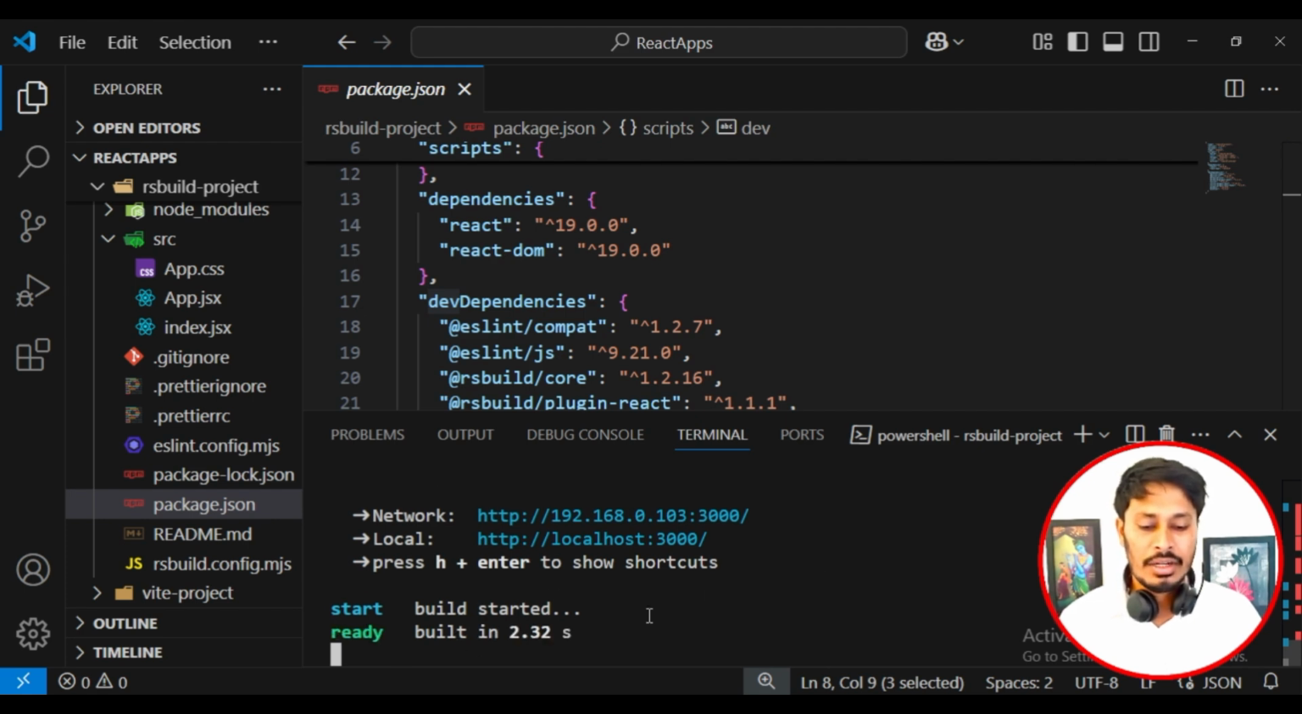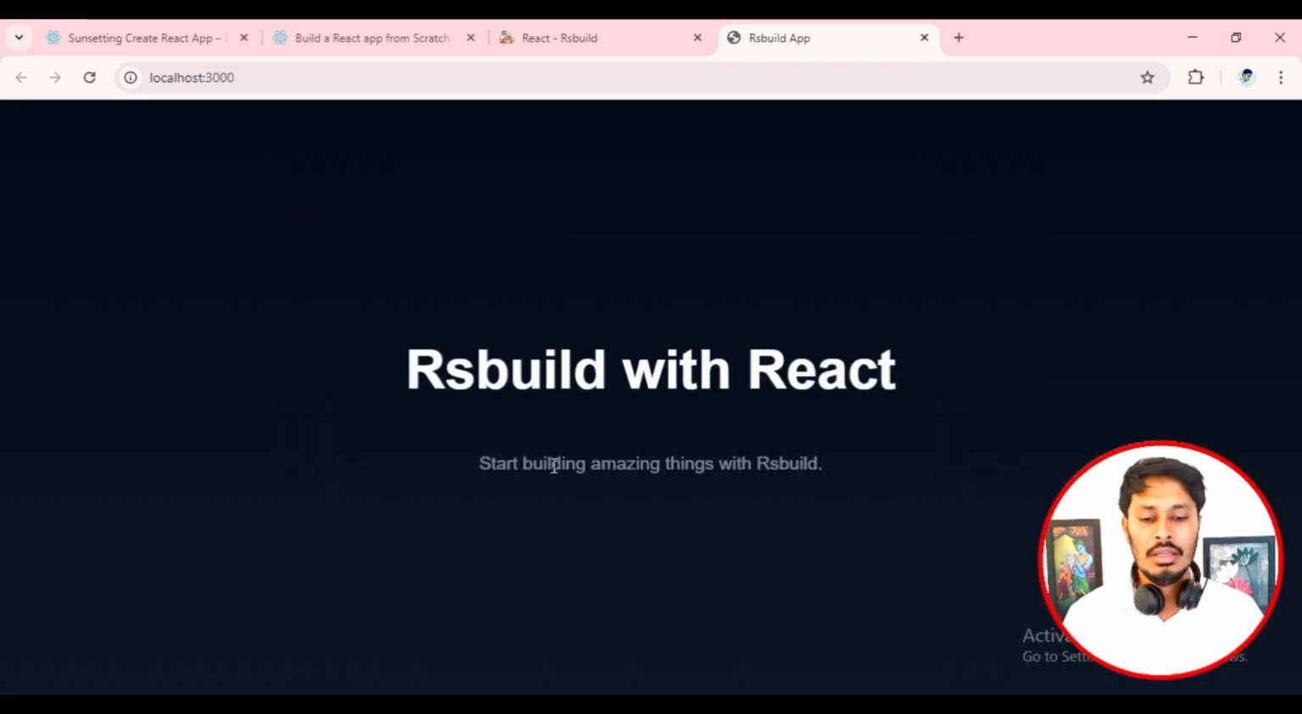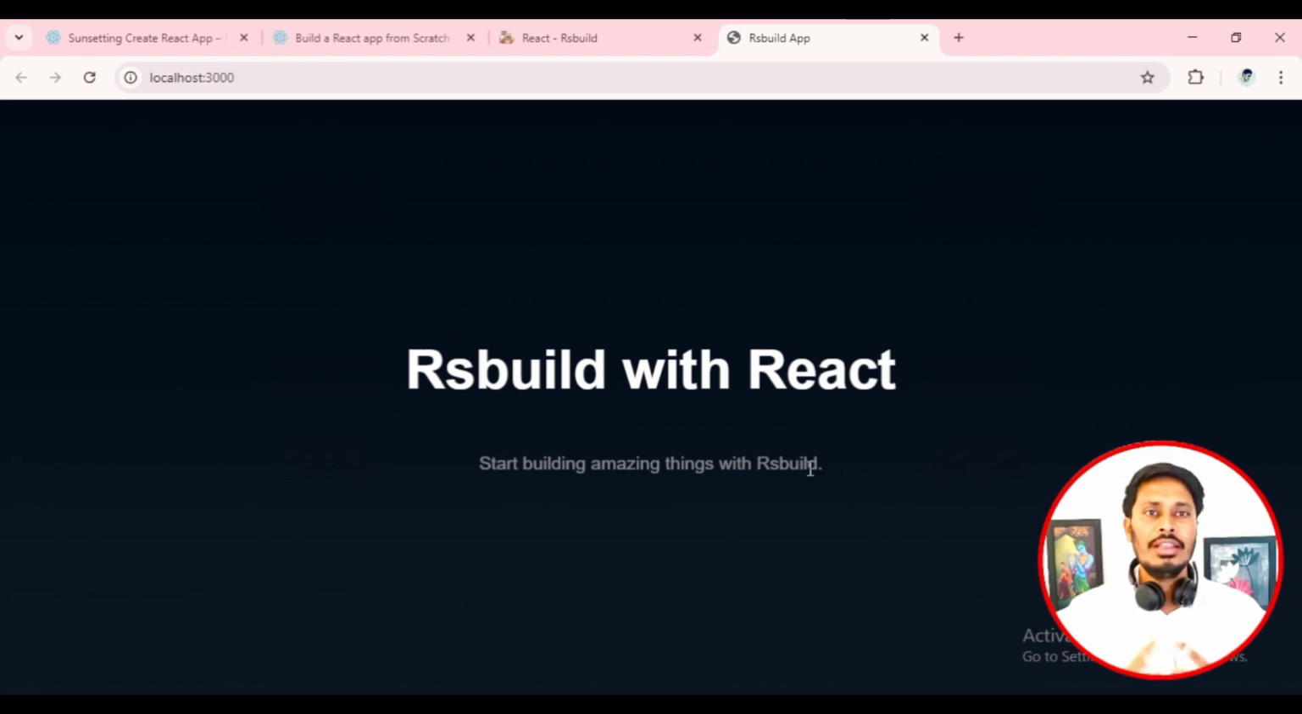Yeah, the build is started. It will run our application on port number 3000, and it successfully loads our application with Rsbuild. I think that's all about Rsbuild. We successfully created a React application in all three different ways suggested by the React team as an alternative to create React app. You can go through the details of all the three implementation ways and get more understanding around it from their